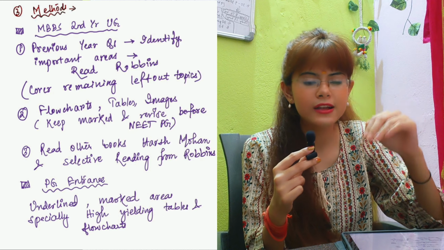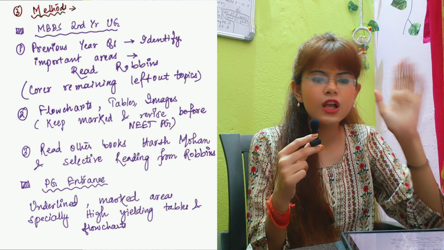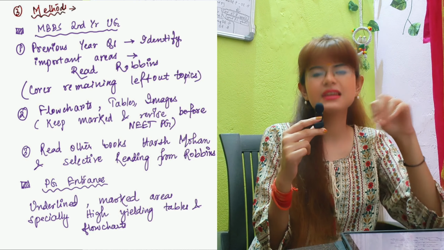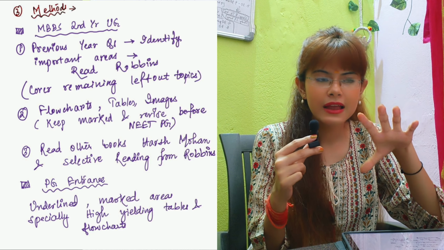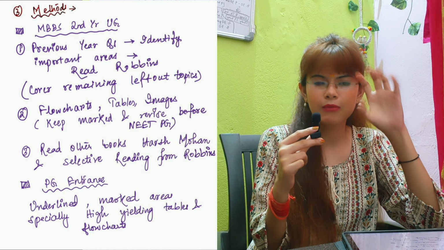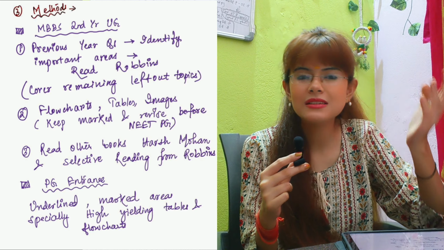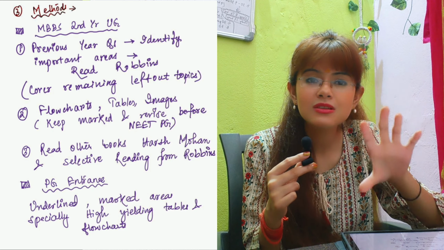Now there is also a kind of method, and that is you can just open the Robbins. Depending on your time, for example, let's say if you are a NEET PG going student, you do have, let's say, 1 year or 1.5 years, or let's say 8 months of time. Whatever time you have, you can just open the Robbins, just flip through the pages and go through the images and flowcharts